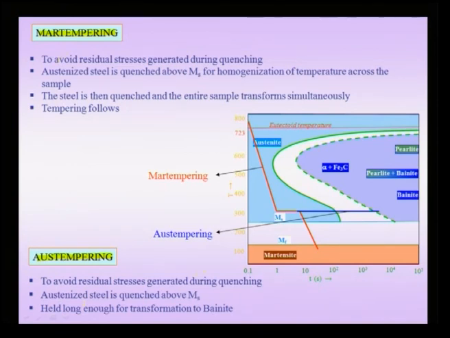Now, we do Mar tempering to avoid residual stresses generated during quenching. What we do is that austenite steel is quenched just above Ms. So, we take the steel, austenize at high temperatures, then we cool it along the red line. Actually, the red line is overlaid on the blue line. So, for now we will focus on the red line. We hold it, bring it down just above the Ms temperature, and then we allow the sample to homogenize in